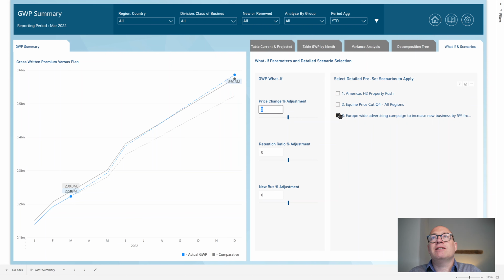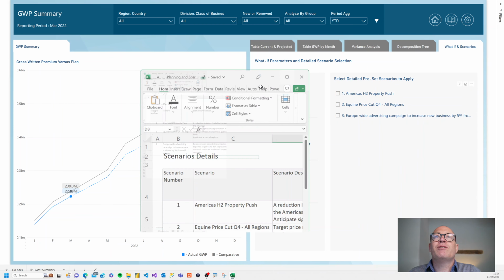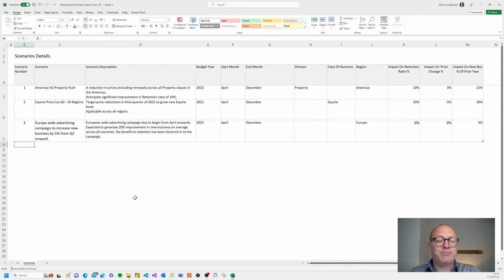So if we want to enter a new scenario, we can do that via Excel. Let's just take these away. Let's enter a new detailed scenario. So here's my spreadsheet. We've got three scenarios so far. Let's put in a new one and say we're going to